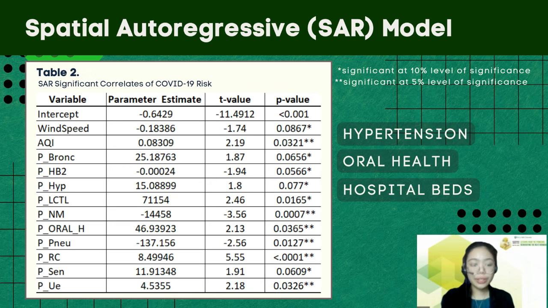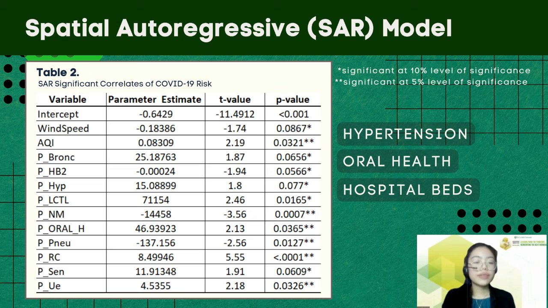For our spatial model, based on the computed Moran's I, there exist significant spatial dependencies among NCR cities and provinces on COVID-19 risks. With this, the SAR model was applied to the data. As a result, there are 6 significant COVID-19 correlates at 10% level of significance, while there are 6 significant COVID-19 correlates at 5% level of significance. Compared to MLRM results, there are 3 factors that are only significant in SAR, namely hypertension, oral health, and hospital